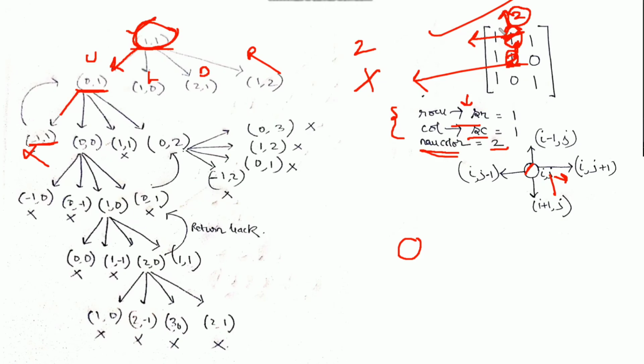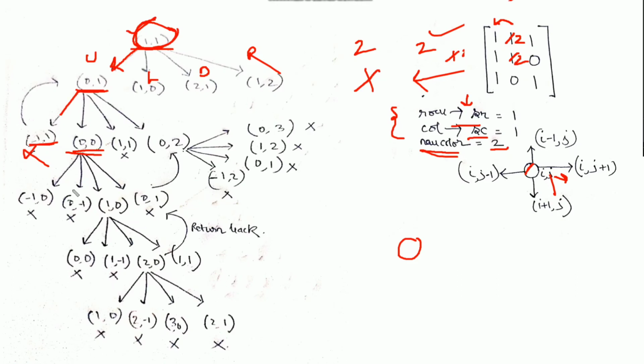If we move in the left direction we find that we are encountering a cell having pixel value 1, which was our initial value. So we need to change this pixel value from 1 to 2 and start moving in 4 different directions from this location. From 0 comma 0, again there are 4 choices available. So what we did is we changed this from 1 to 2, and we moved to the 0 comma 0 location.